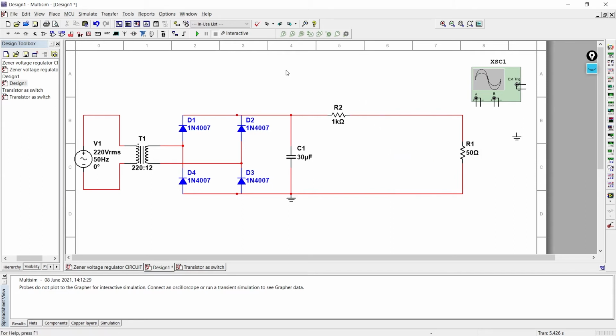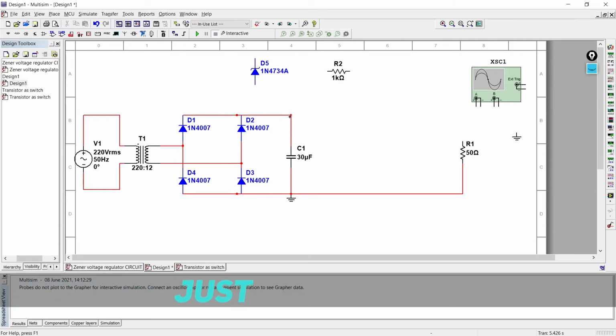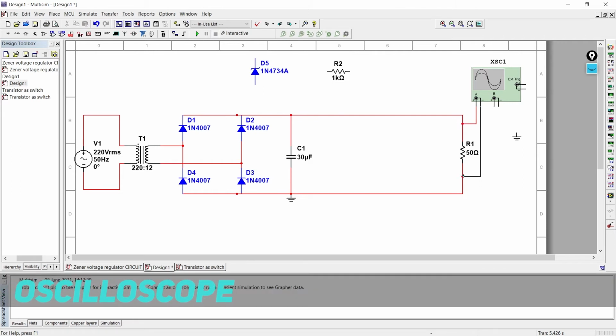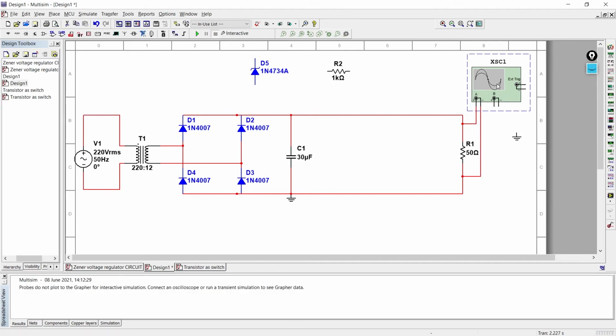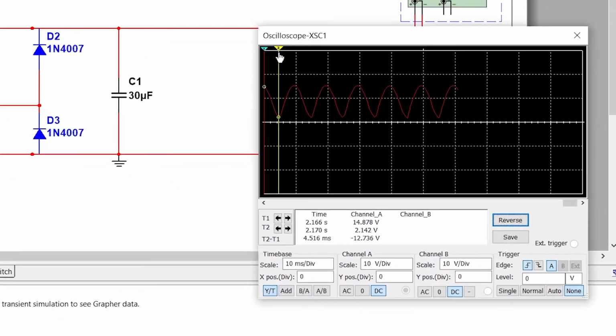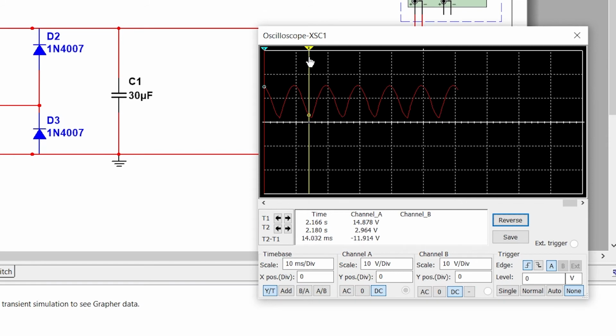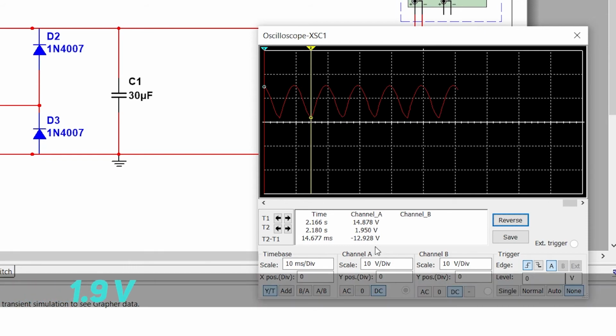So we'll just remove this Zener diode and paste it somewhere else, and we'll remove this resistance and paste it somewhere else, and just simply connect this resistance, connect the oscilloscope across it, run the simulation, stop it, open this oscilloscope and see the maximum value is around 15.2 volt and the minimum value is around 1.9 volt.